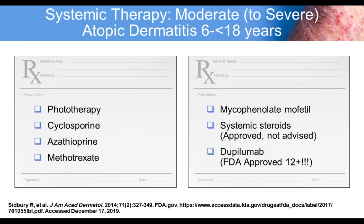But of course, there's been a shift. Now we have a specifically approved agent, dupilumab, which is approved for 12 and up. So for this discussion, it's not yet approved for 6 to 12 years of age, but that's on the horizon, and depending upon when you're listening to this talk, that may be the case already. But the 12 to 17-year-olds are now in an age group where dupilumab is approved for atopic dermatitis that you're otherwise unable to get under control with topical agents. And we'll discuss